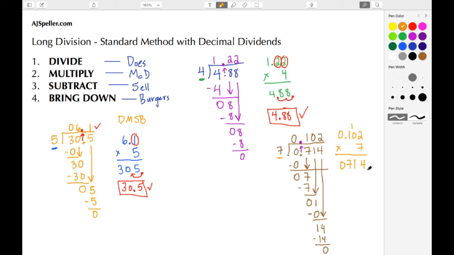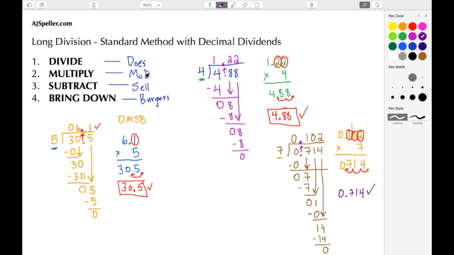Again, it's understood our decimal point is sitting back here, but we have a decimal point in our divisor, so we need to count the places. We have 1 place, 2 places, 3 places. So I need to move this decimal point 3 places to the left. So here we are at 1, 2, and 3. So it's going to sit there. And now when we rewrite the problem, we have 0 and 714 thousandths. We look to our dividend and we see that it does match. So we know that this here is done correctly.